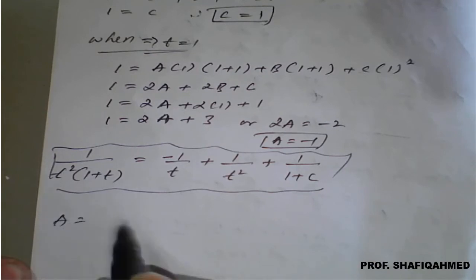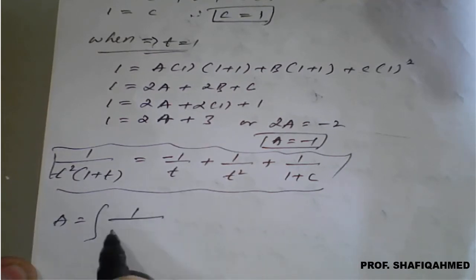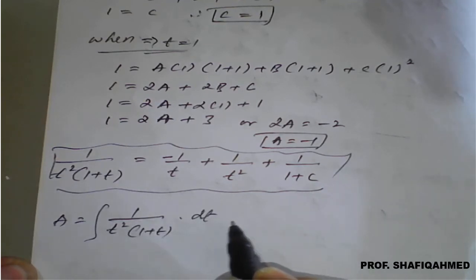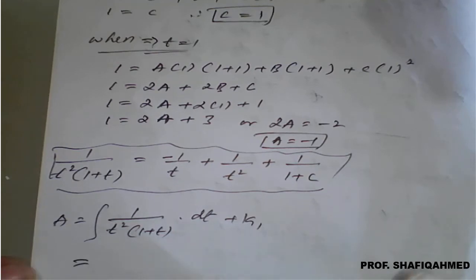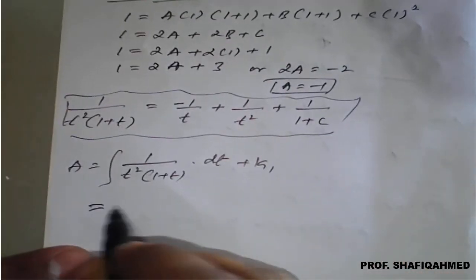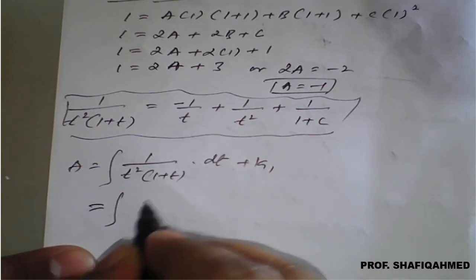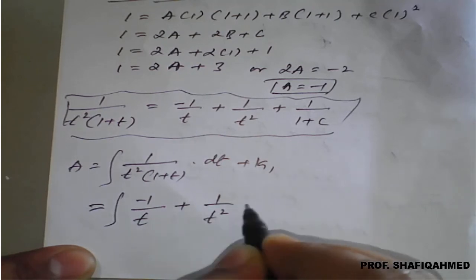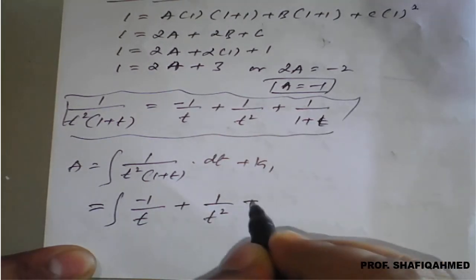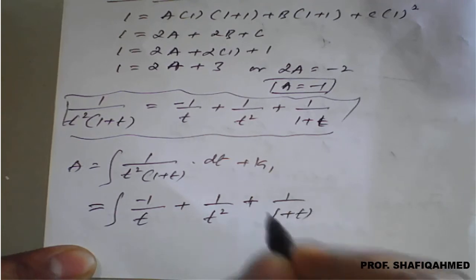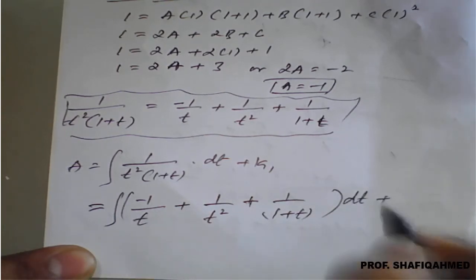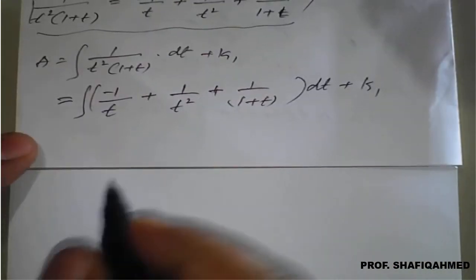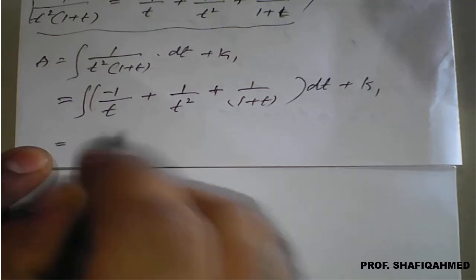So therefore a is equal to integration of 1 upon t square into 1 plus t into dt plus k1. I am writing that again step by step. So which is nothing but integration of this simplification, that is minus 1 upon t plus 1 upon t square plus 1 upon 1 plus t whole thing into dt plus k1, which is nothing but integration of,